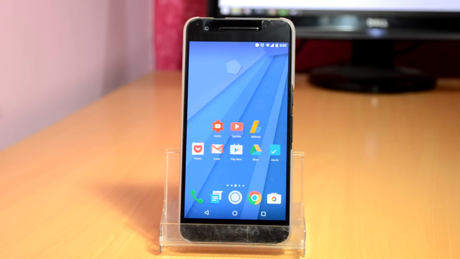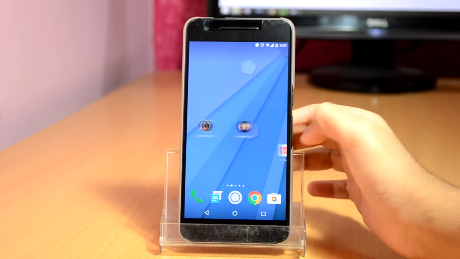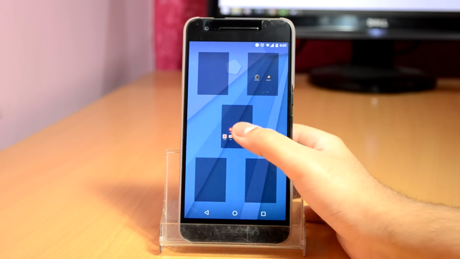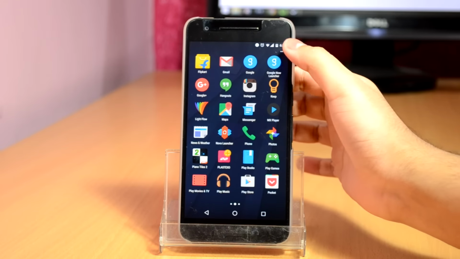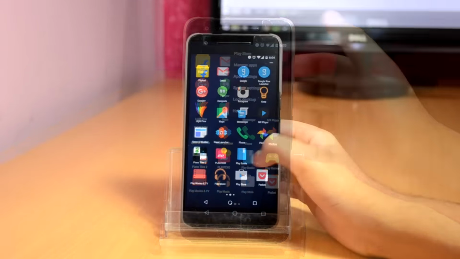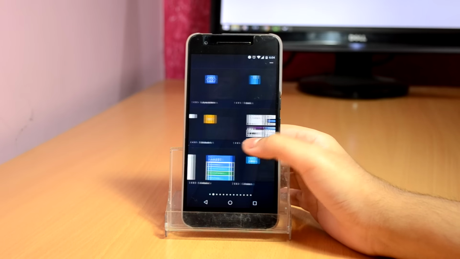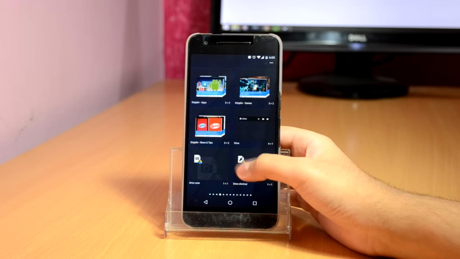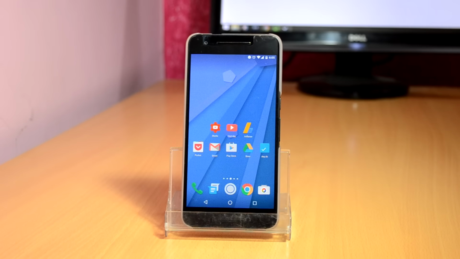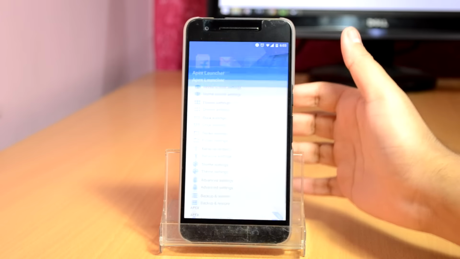Beginning with it, first in the list is install a custom launcher. Using an Android launcher is a great way to customize your Android experience, without the need of rooting your device. Android launchers generally change the look and feel of your Android device. You're able to change animations and graphics, install custom widgets, or give the app drawer a whole new look. In addition to that, you can also define new gestures, giving your Android device many cool new features.